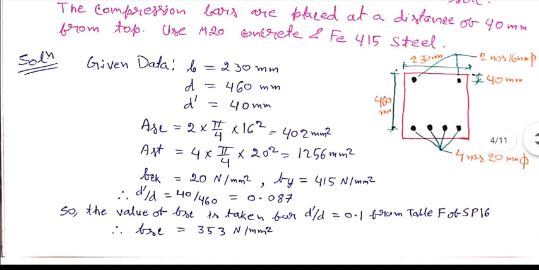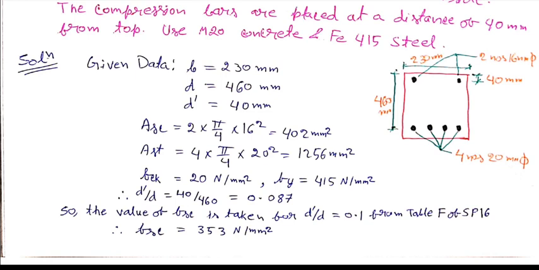Area of steel Asc, that means area of steel in the compression zone: there are 2 bars, so 2 into pi by 4 into 16 square, the diameter of the bar, that is equal to 402 mm square. Next we have to find Ast, area of steel in the tension zone, that is equal to 4 bars into pi by 4 into 20 square, where 20 is the diameter, that is equal to